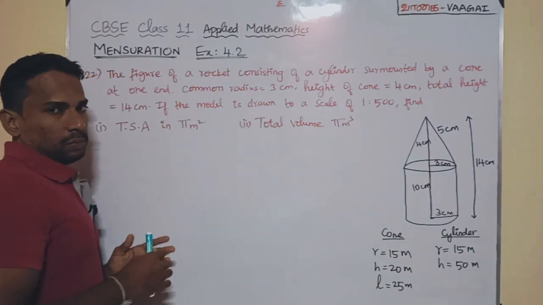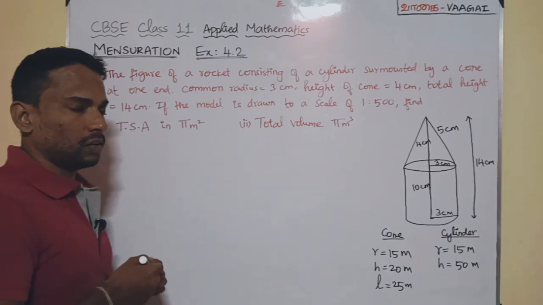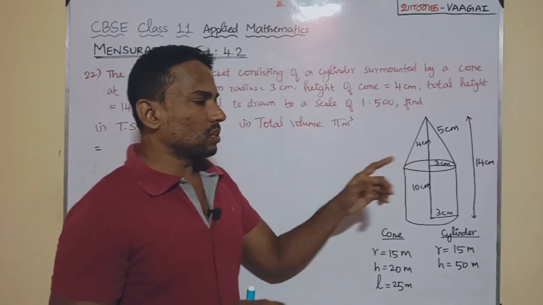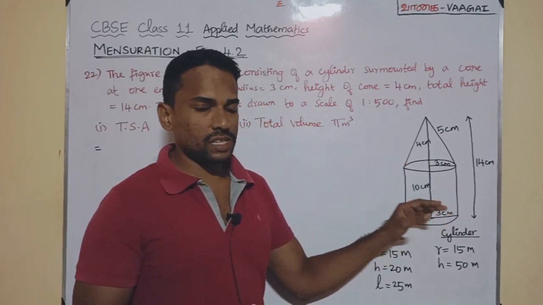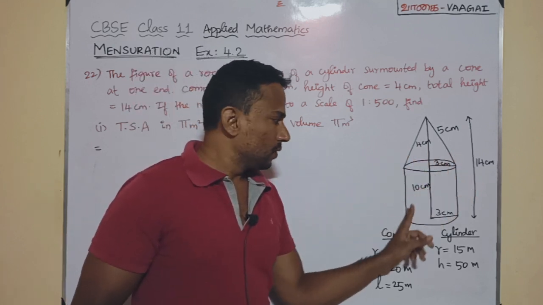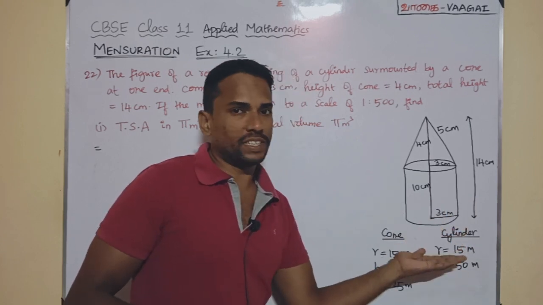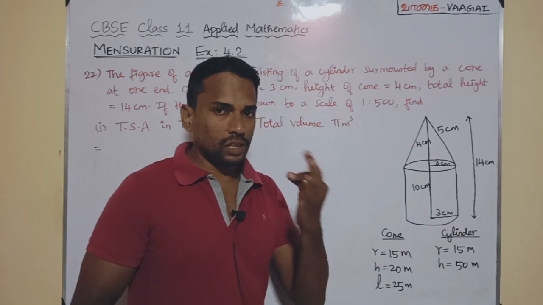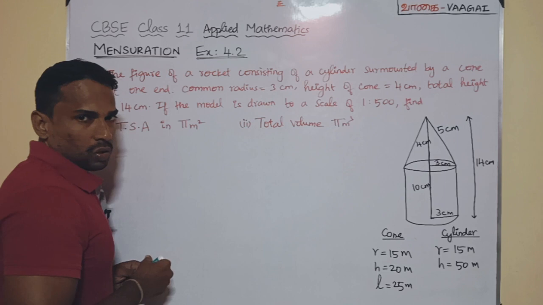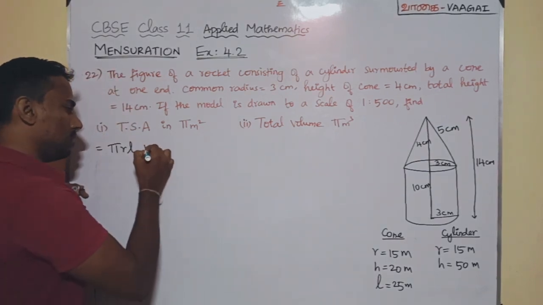So the first subdivision is asking for the total surface area. Now what about the total surface area of this rocket? Let's carefully think about it. The total surface area contains the curved surface area of the cone, the curved surface area of the cylinder, and then at the bottom you have a circular surface, the base. So three surfaces are available here. The curved surface area of the cone is pi RL, then plus